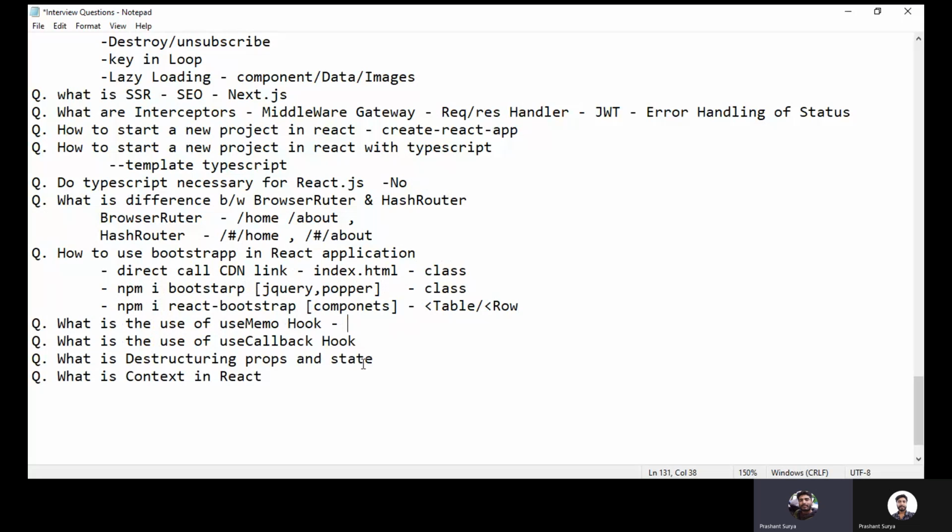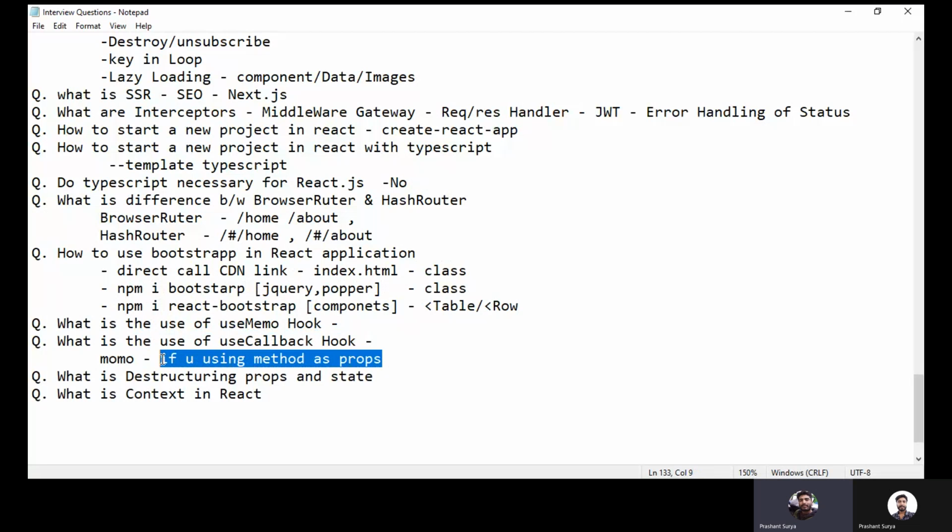So what is the use of callback hook? Callback hook is basically used when you are using memo inside your function component. If you are using a method as props in any component, and you are using memo, then only you will have to use useCallback, and then you will send this method as a prop,